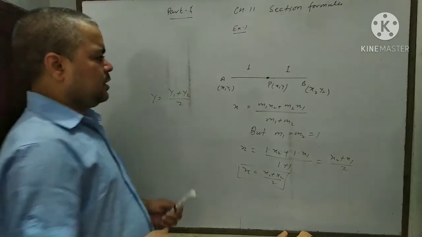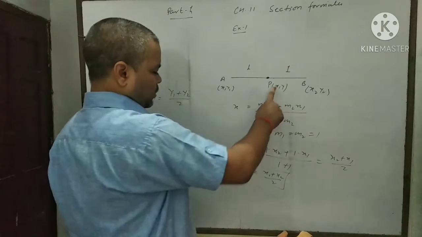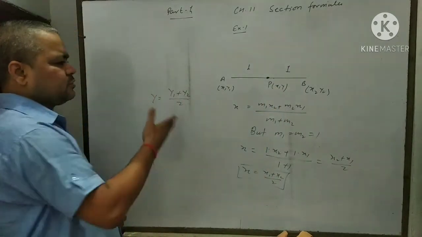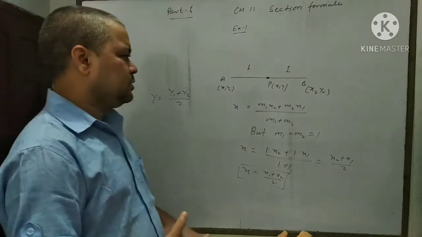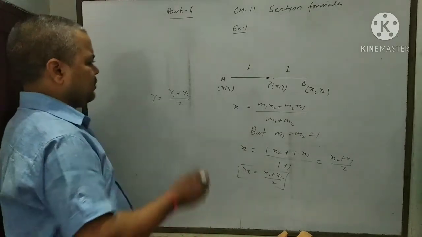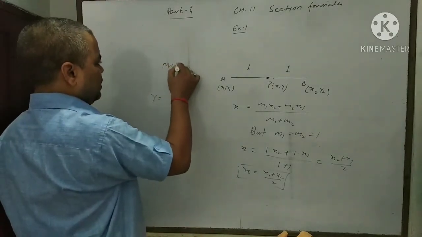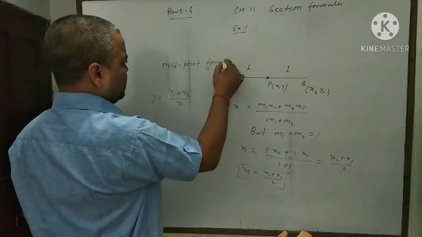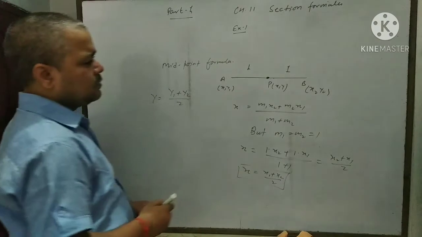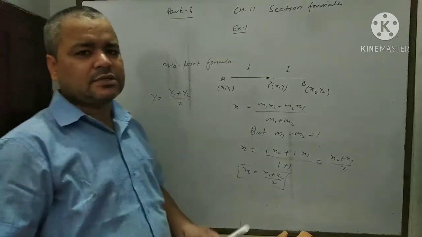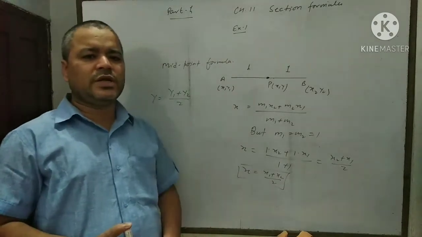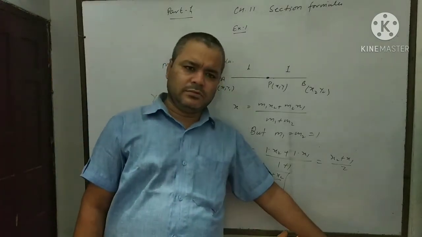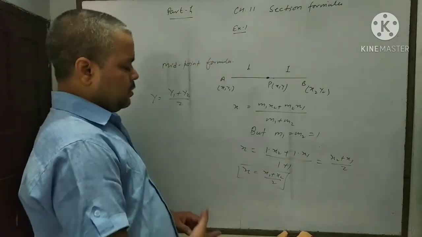It means the x coordinate will be (x1 plus x2) by 2 and the y coordinate will be (y1 plus y2) by 2. This is called the midpoint formula. Okay, the first one is the section formula and this is known as the midpoint formula. Now we try to find